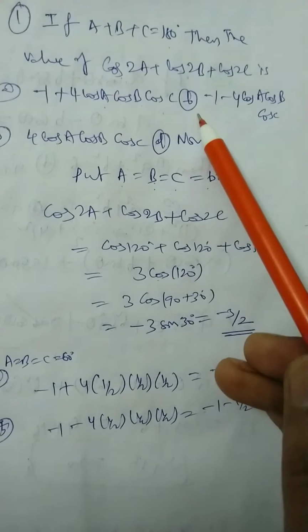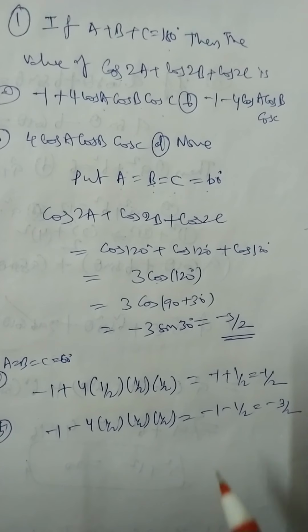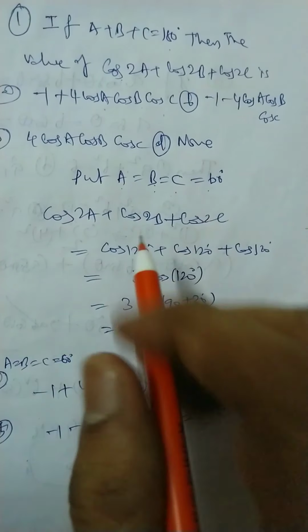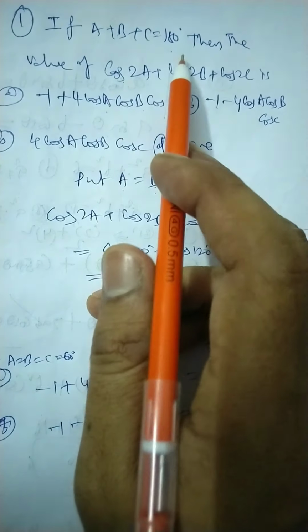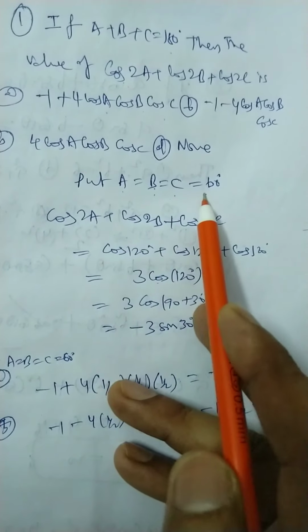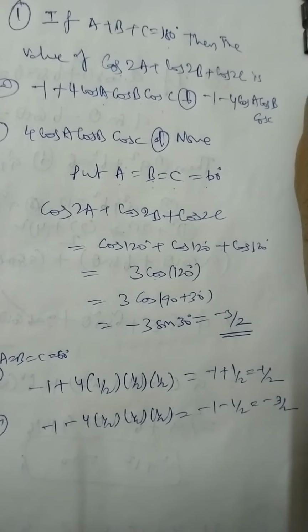So in that way you can conclude the right option. This is a trick you have to follow. The trick is that in any triangle the sum of the angles is 180, so to get the solution we substitute A = B = C = 60 degrees. This is the easiest way to do the problem other than considering the solution in the general form.